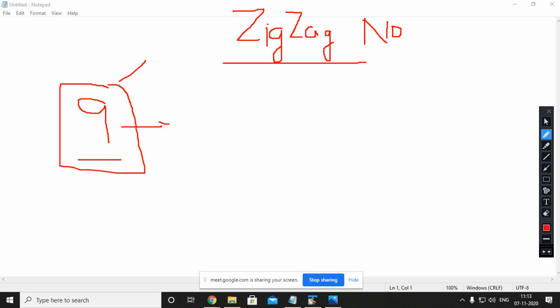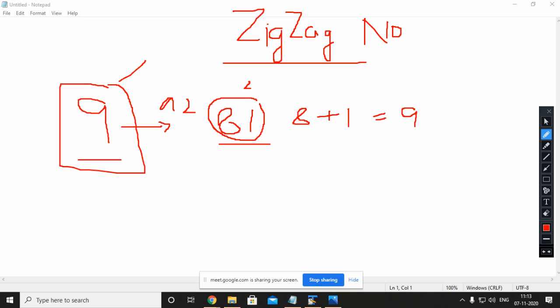Everybody please pay attention. This number is having 1 digit. First of all just do the square. So this is coming 81. Now if the square is coming in even digits, how many digits do you have here? 2 digits. So just divide this number into 2 parts, that is 8 plus 1 and their sum is coming 9. If the sum is the same as the actual number, then this number is known as a zigzag number.